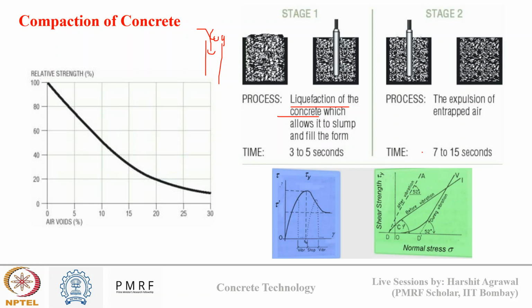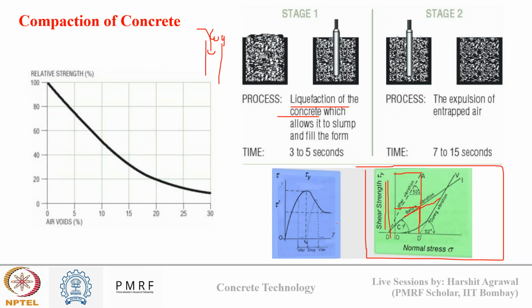And what is the end result? Under the same applied stress, my concrete after compaction will possess more shear strength than the concrete before compaction, like what you saw in the NPTEL session. So you can see here, before vibration, my concrete at a certain stress level has a certain shear strength. However, after compaction, at the same stress level, my concrete has more shear strength. So that is the role of compaction. It will increase the cohesiveness and the strength of my concrete by reducing the voids in between.